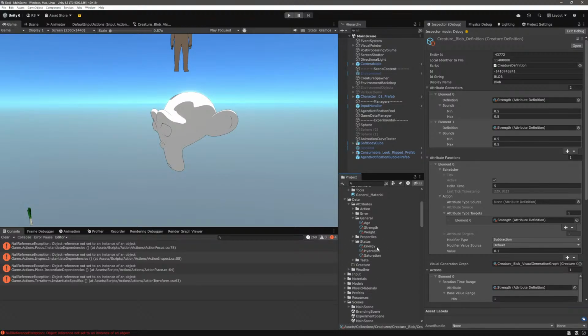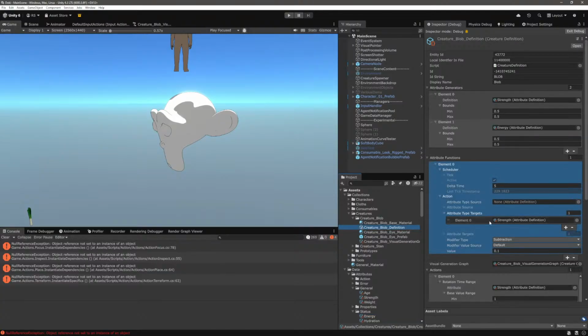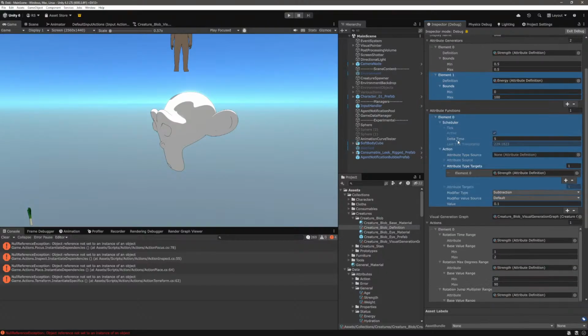Expertise, energy. Let's add energy here, 0 and 100. Blob definition, energy, 0 and 100. And then we do